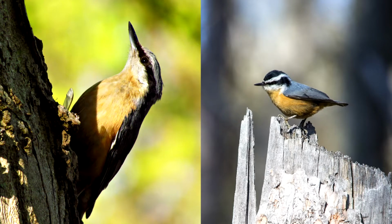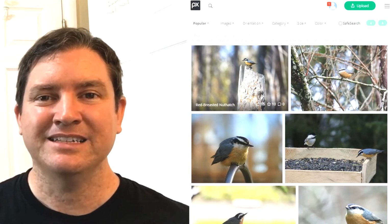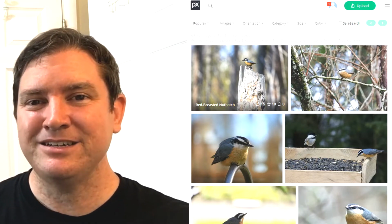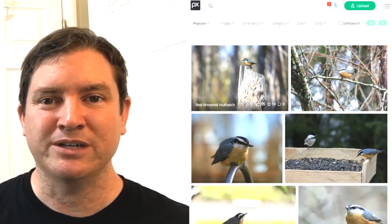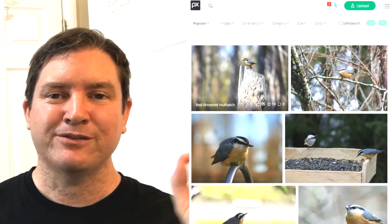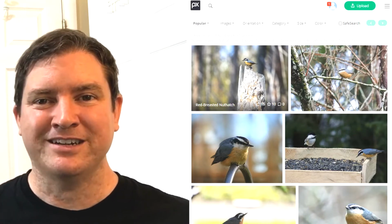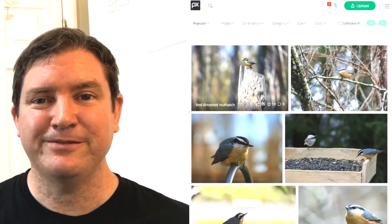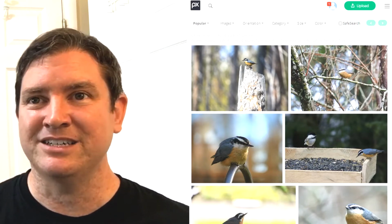There are almost certainly subtleties here, and it's very likely that I'll misidentify them, but this is the kind of birding that I like to do. Other people who like to be more technically specific, you can look for the number of feathers on each side or whatever field marks you're using, but for general bird identification, I'm going to say red-breasted nuthatch is good enough